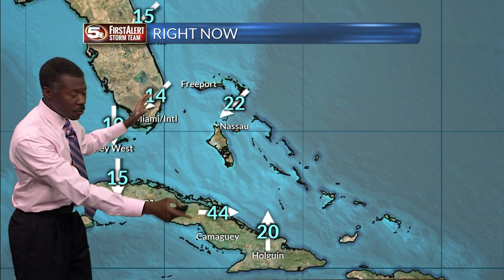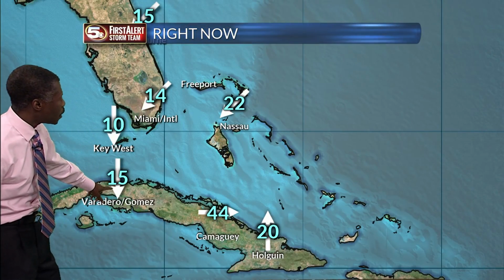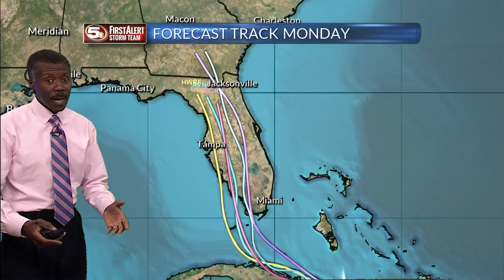Now, we don't have a lot of data in that part of the world. In Miami, you've got a northeast wind at 14. Along the north coast of Cuba, a 15-mile-an-hour wind heading southward. But once you get to the central part of the island, winds are about 44 miles an hour. We never truly know what the exact wind is typically, but you can estimate it,